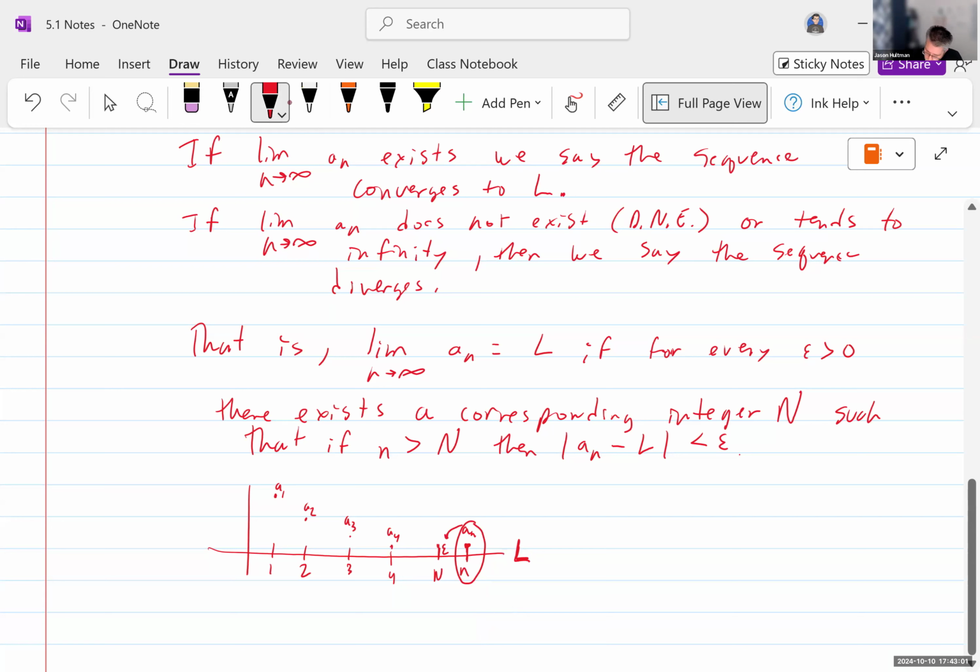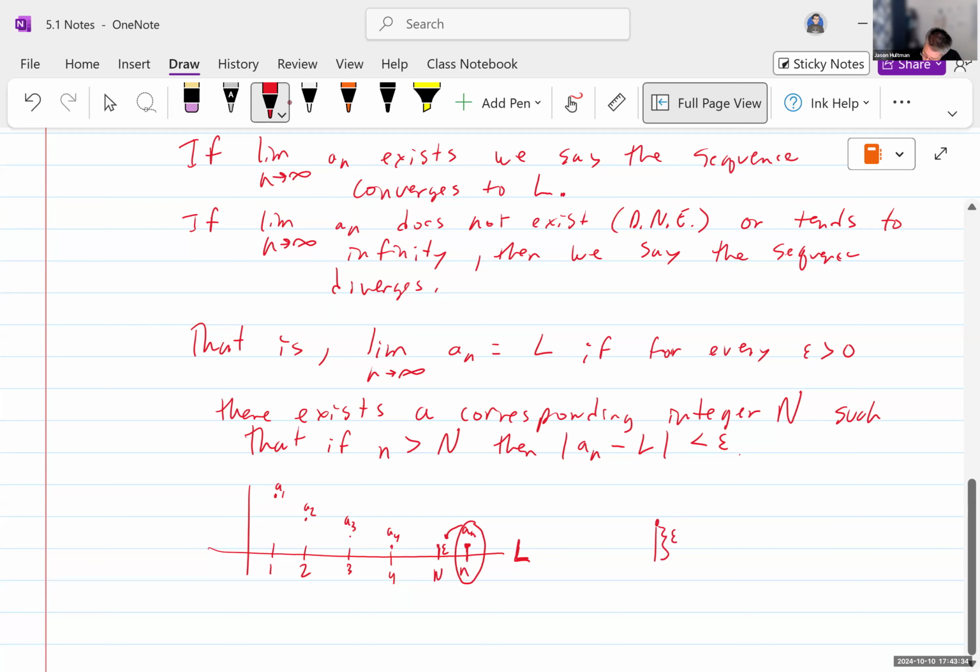If I go all the way out to capital N, then I can always go one more to lowercase n, and that difference, a sub n minus L, will always be less than epsilon, because as I'm approaching this limit, my values for a sub n are getting smaller and smaller, closer and closer to that limit. If we were to blow this up, we could see that